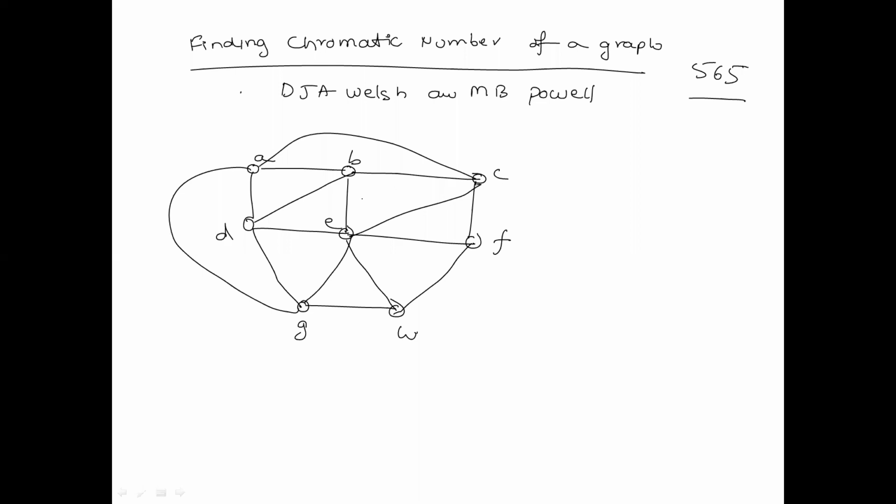Let's say we want to find out the chromatic number of this graph. What these two mathematicians, Welsh and Powell, suggested is that you don't start randomly with some node, because then you may not get the correct chromatic number. So what they suggested is you first write the vertices in the decreasing order of their